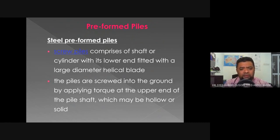And the next type is the screw pile. So it's still under the steel preformed piles. It's just that the way it's being installed is different. The screw piles comprise a shaft or cylinder with its lower end fitted with a large helical blade. Okay, so these piles are screwed into the ground instead of being hammered into the ground or vibrated into the ground. So it needs to be screwed into the ground by applying torque at the upper end of the pile shaft, which may be hollow or solid. So it's the same as how we drive screws into the wall or such. Okay,